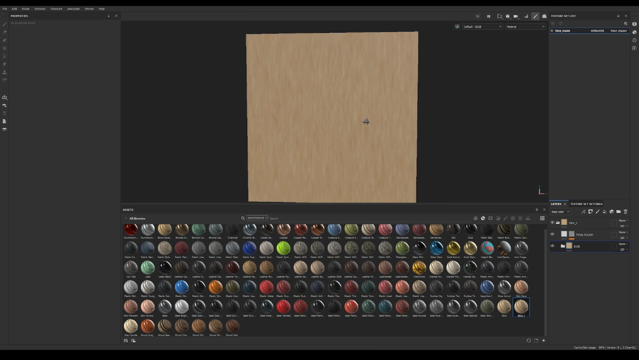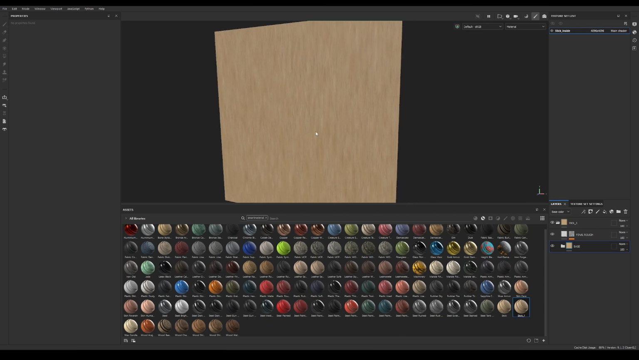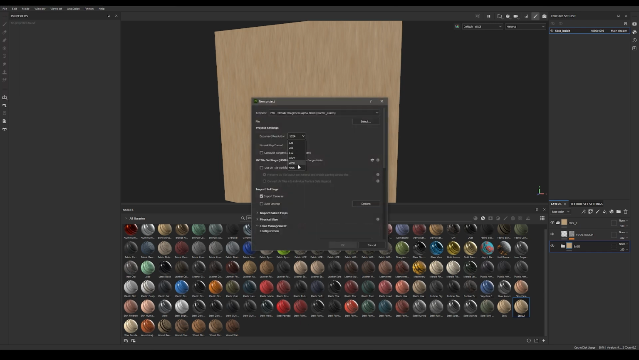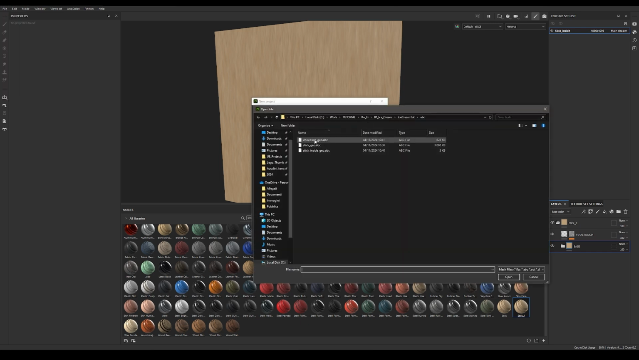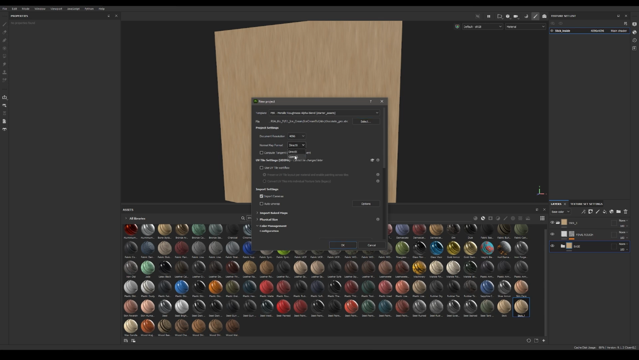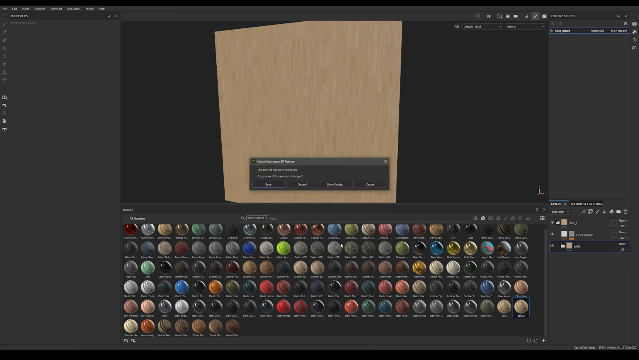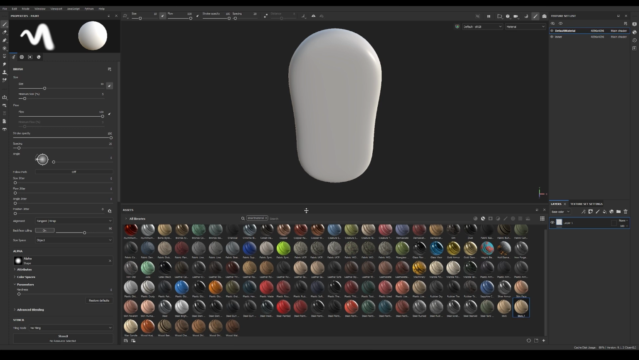I don't think it's really necessary, but let's right away create a new one so we can handle the chocolate. So let's create another project. This time we want to grab the chocolate geo, always 4K, OpenGL, and click OK. Let's not save this one. So here,